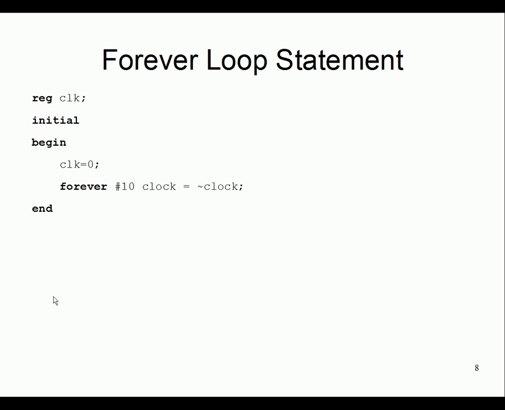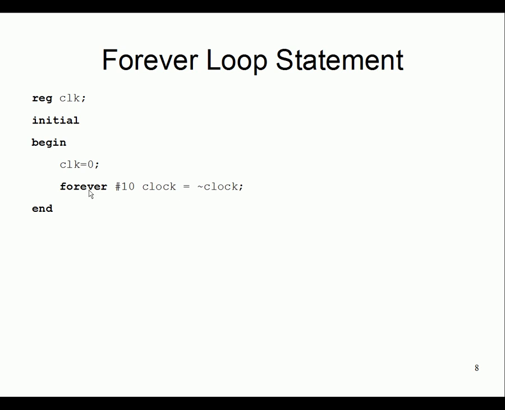Forever statement is almost like an always loop, like while one loop. This is an example of like clock generation we are familiar with. We are defining a range, clock 0, and remember, like we used to have the always some number of second clock inverse clock, and in the initial block we used to initialize it as clock equals 0. Now we eliminate that always block. Everything we are doing in the initial block, that the initial begin clock equals 0, and now we do a